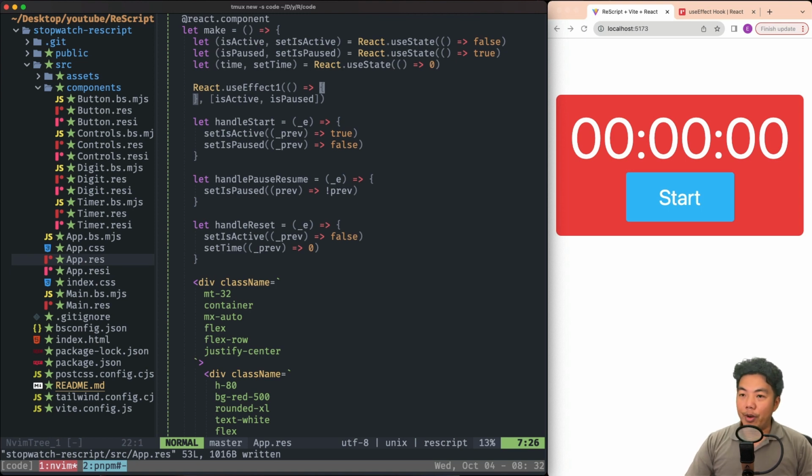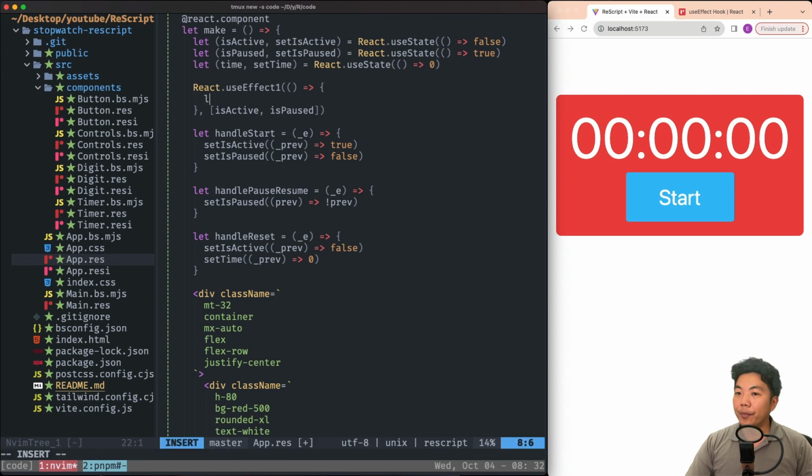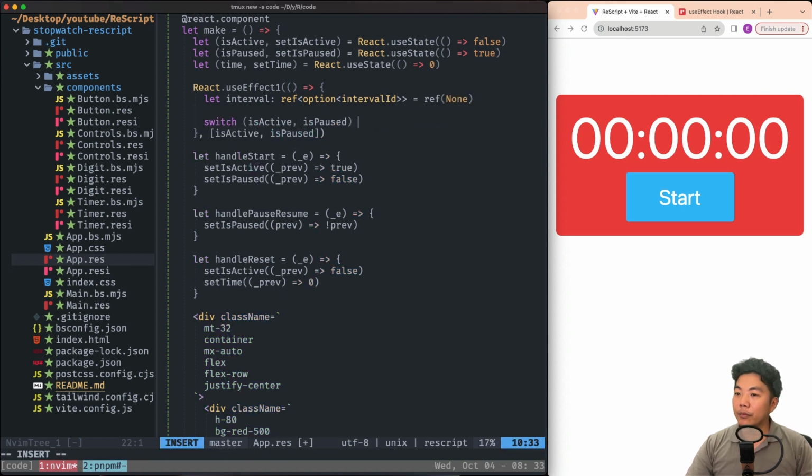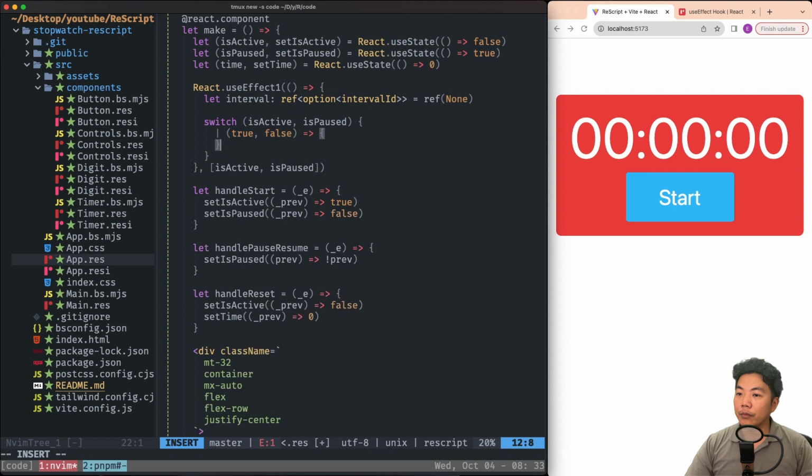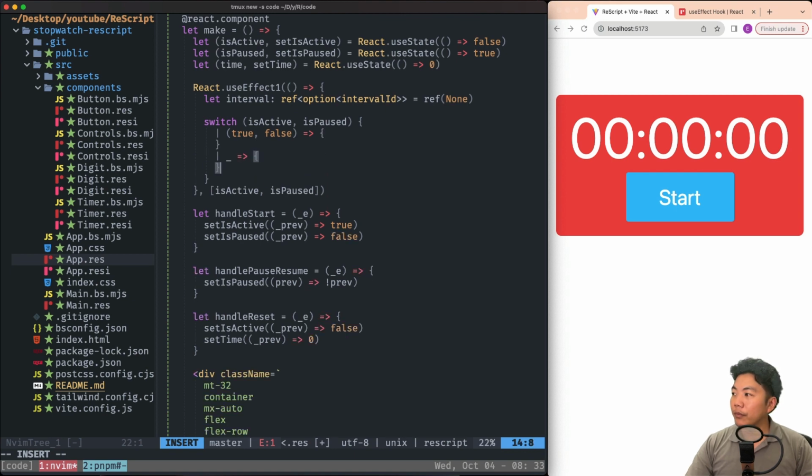And I'm going to create an interval here. We can use the ref object. Let me just write this code first and I'll explain it to you.